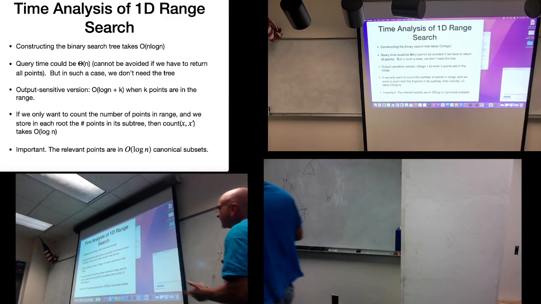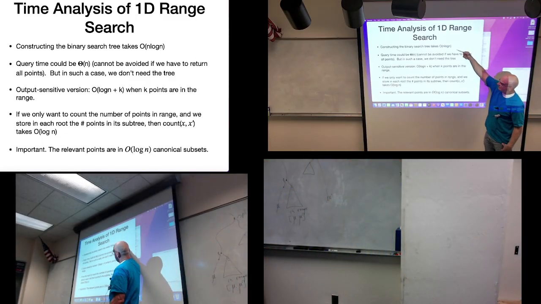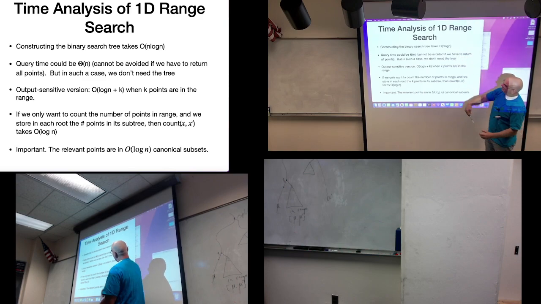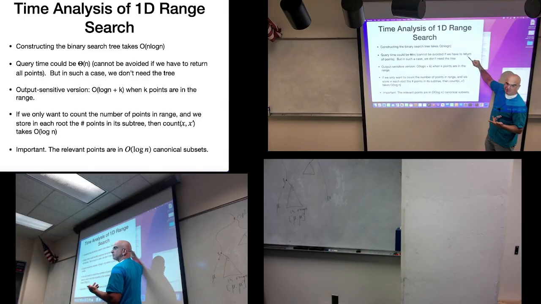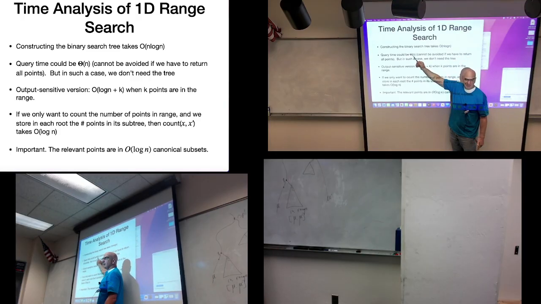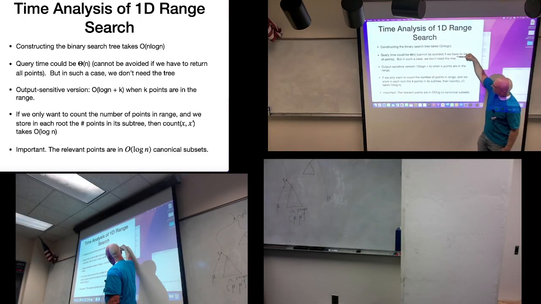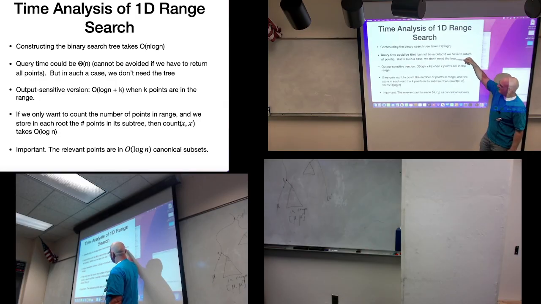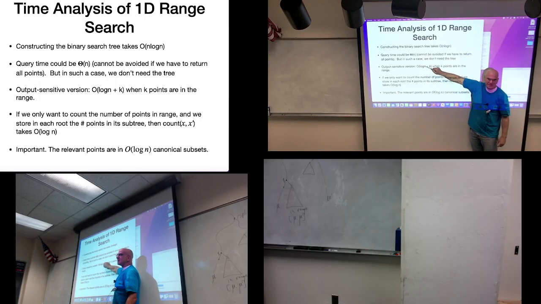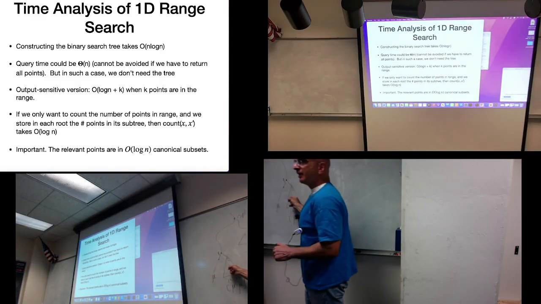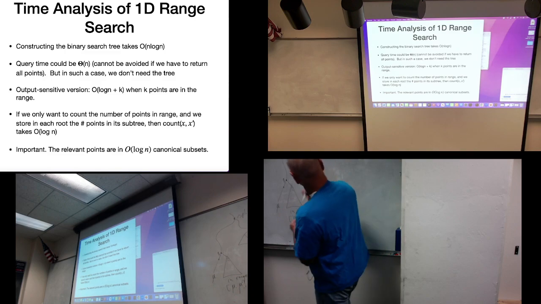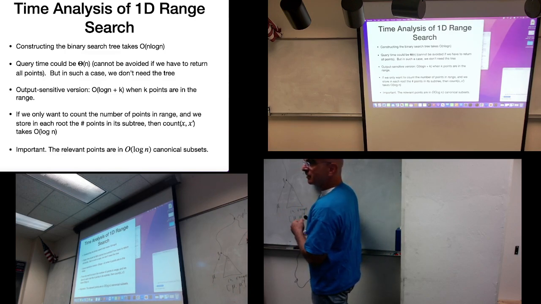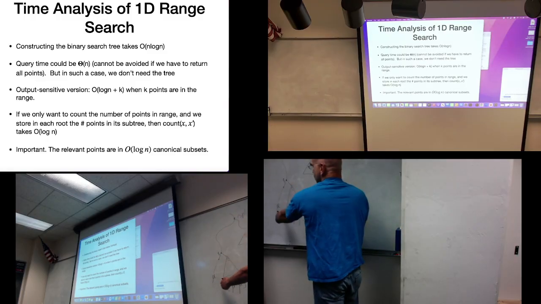Time analysis for this one-dimensional tree. The query time, if we are returning all the points and I print all the points, will take linear time. Theta of n: at most order n and no less than omega of n in the worst case. But with this tree, what do I do? I get to this subtree and print all the points in it. Go to this subtree, also in range, and print all the points of it. Of course, I need to do the find of mu